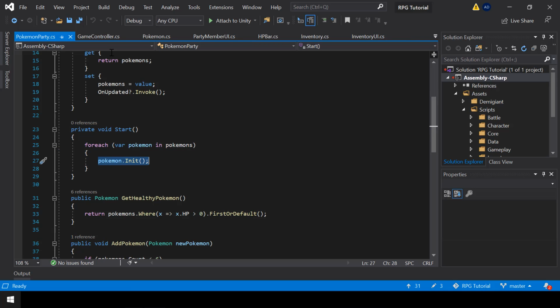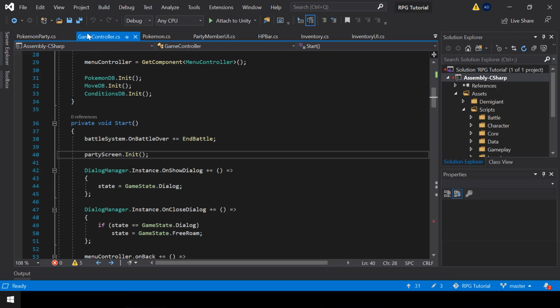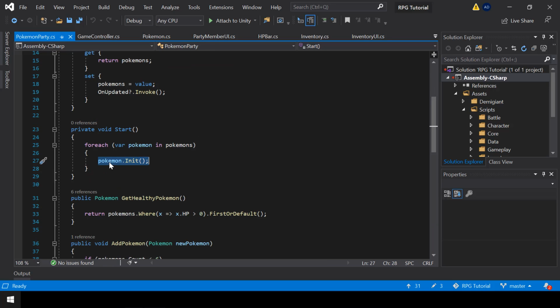So since both of these are initialized from start, the party screen.init might run before Pokemon.init, but we don't want that. We want the Pokemon to be initialized first, right?